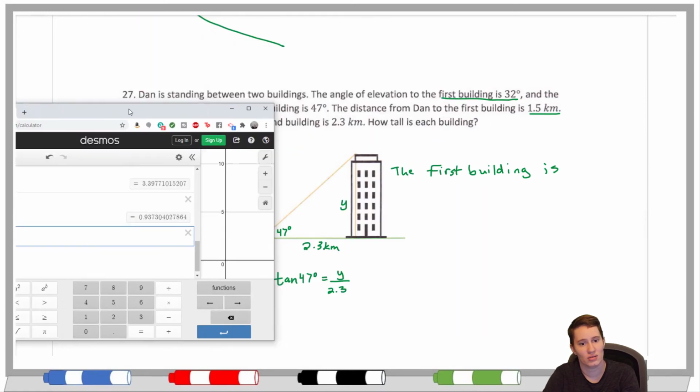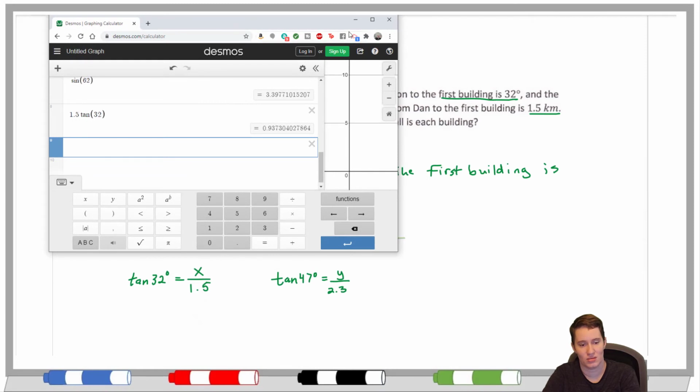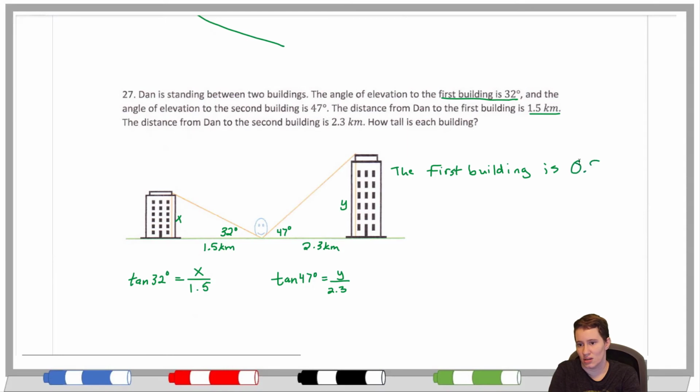I think I'm going to round to two decimal places, 0.94. 0.94 kilometers. And so if we actually think about how long 1.5 is and how this side is shorter, that makes sense that we're getting something less than 1. The first building is 0.94 kilometers tall,